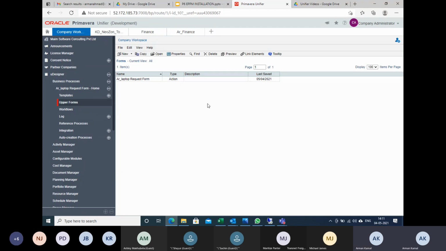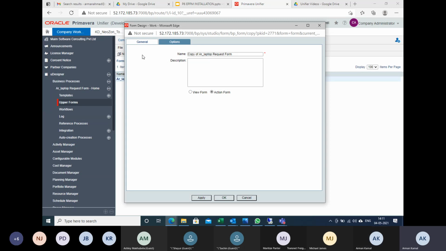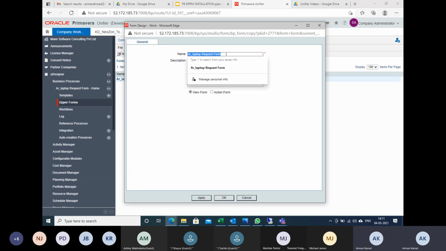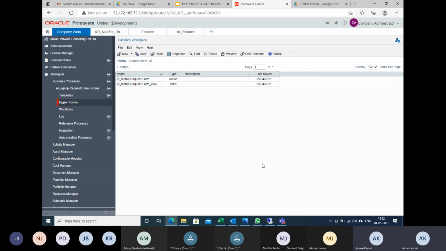So how to create the same form? You will not be doing everything again for a view form. Very smartly, you select this form and click copy. It copies every attribute from there. I will select this view form and click OK. The name is already available, so I will put a suffix of view.